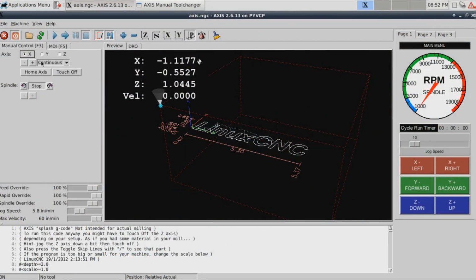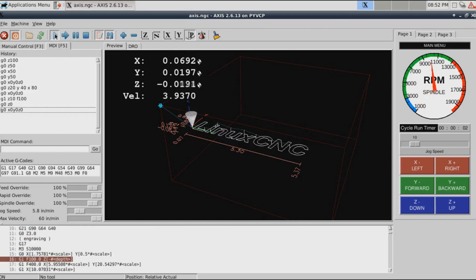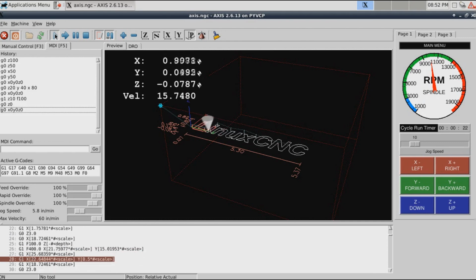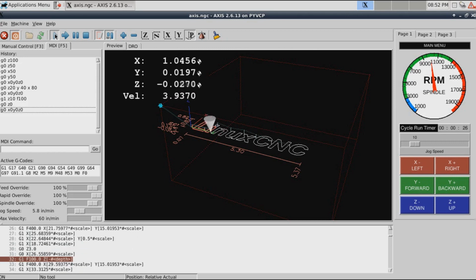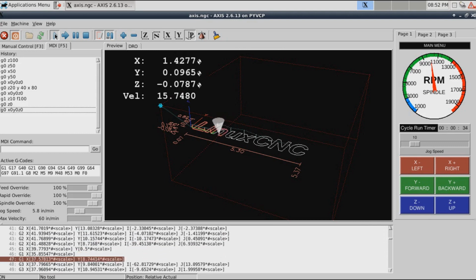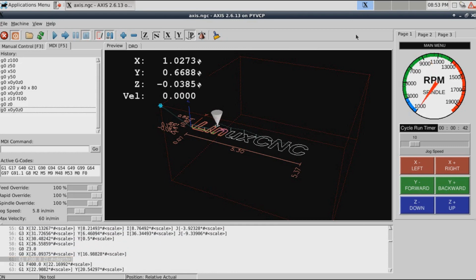This panel was designed with PyVCP. Now, what you do is you open up a text editor and you start writing it using XML. And I'll show you a sample of what that looks like in a little bit. The nice thing about it is you can apply all your colors and all your formatting and all your changes with one file. It's a little more difficult to write, and you can take a close look at the spindle speed indicator here and you can see what it looks like.